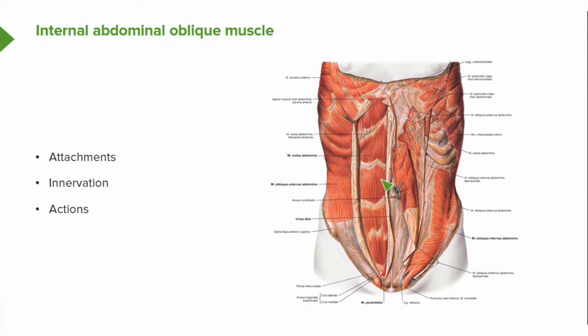The attachments of the internal abdominal oblique, more posteriorly and out of view here, would be to the thoracolumbar fascia. It also will have a point of origin from the iliac crest, and it is going to attach for its point of origin along the inguinal ligament,